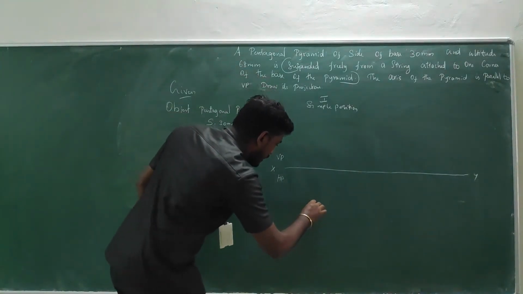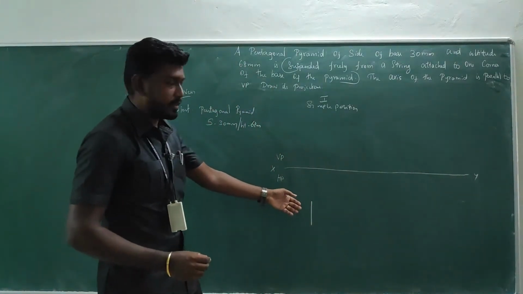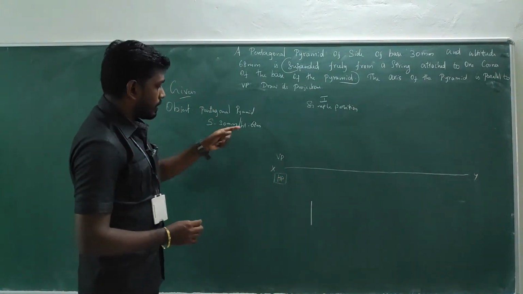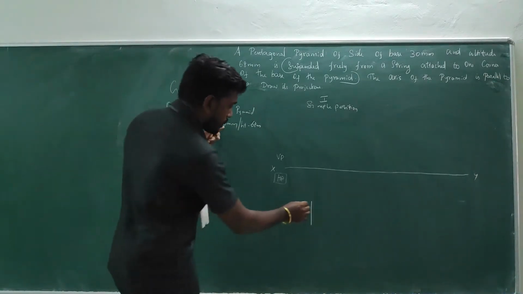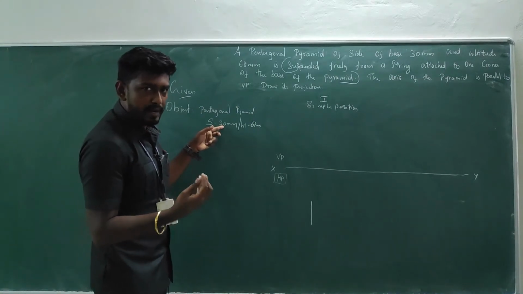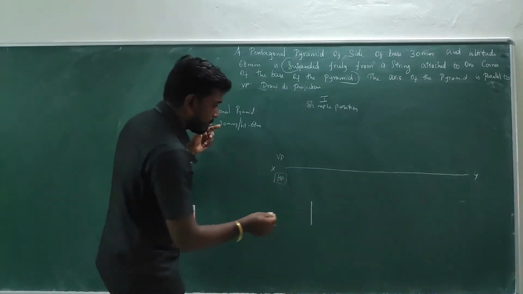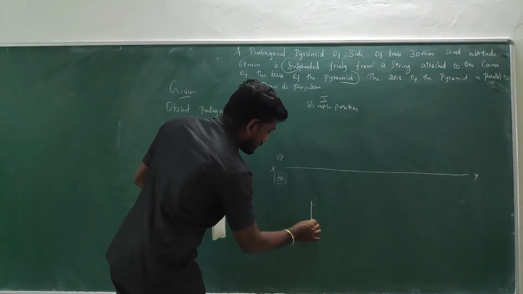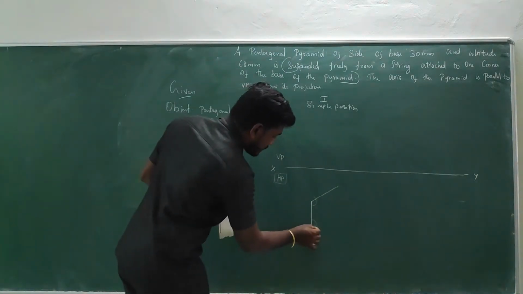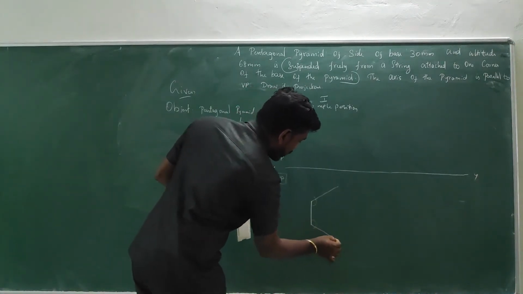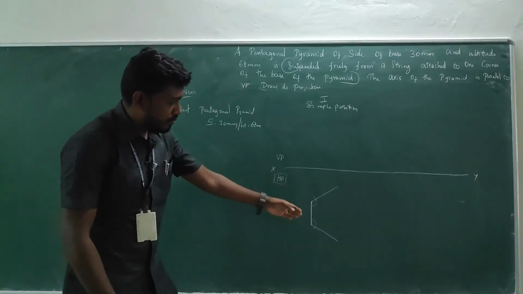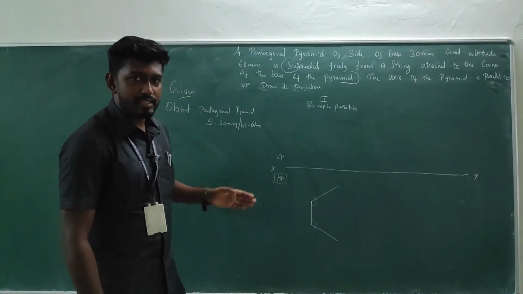So in order to keep the corner on the right side, I am going to take a vertical line, something like this, on the HP plane, with the side 30 mm. So this line should be 30 mm. It's a pentagonal pyramid, so the true shape will be a pentagon. Keeping your protractor something like this, read 108 degrees and draw an inclined line on both sides. The internal angle of a pentagon is 108 degrees. So draw a line something like this from both the ends.